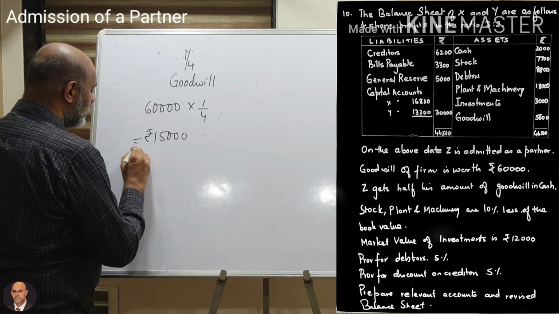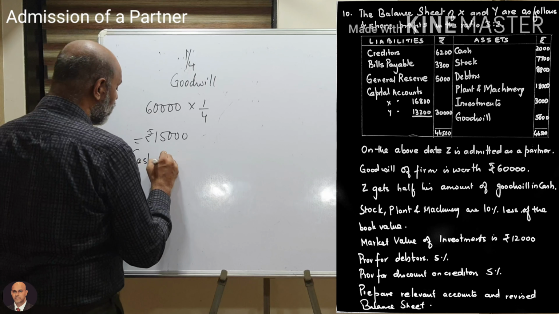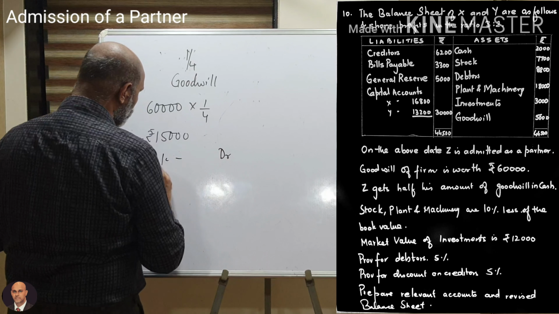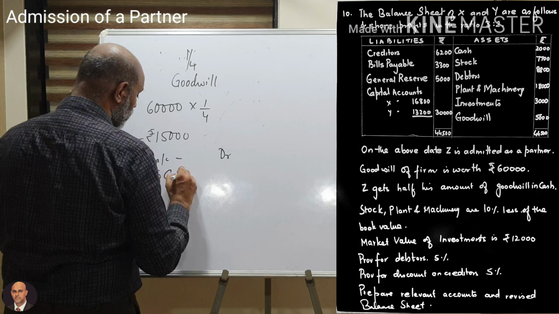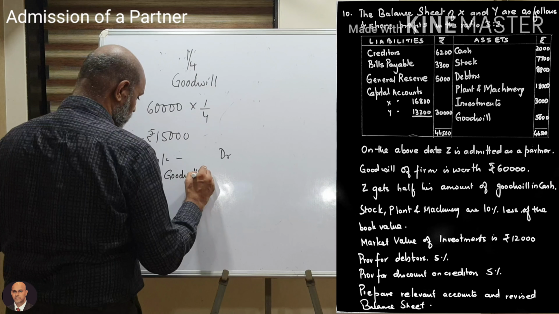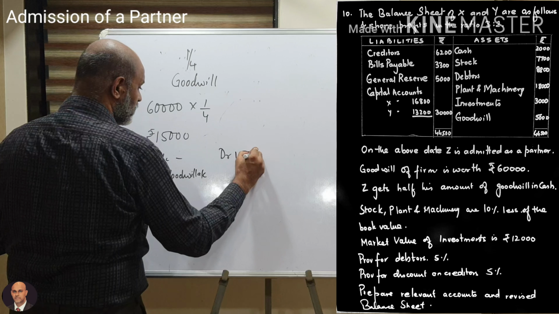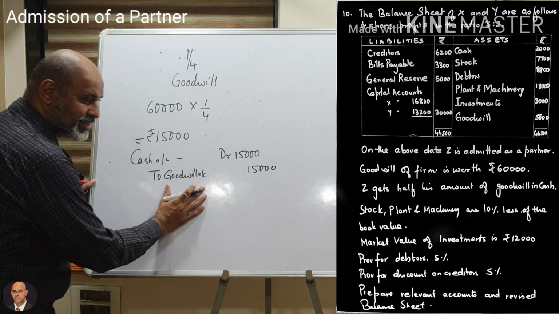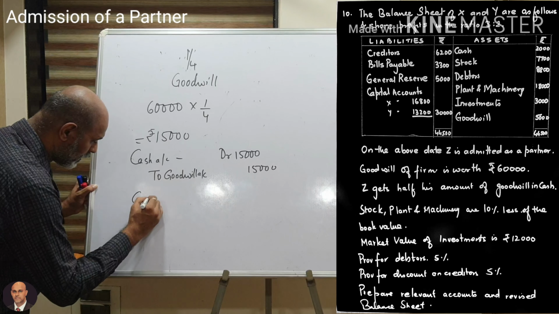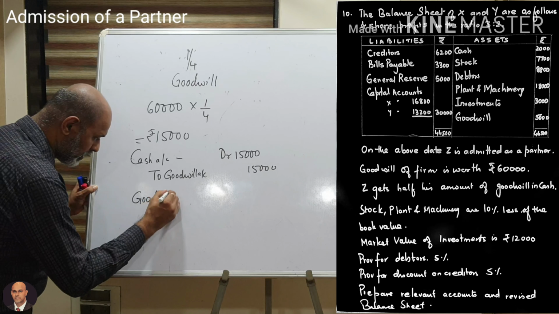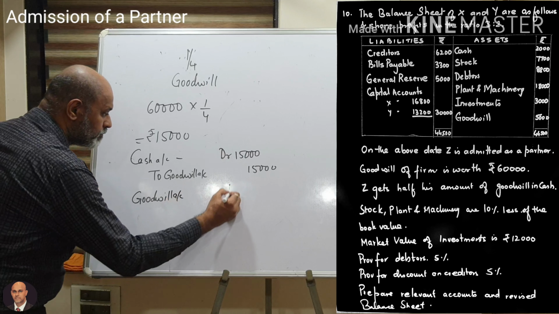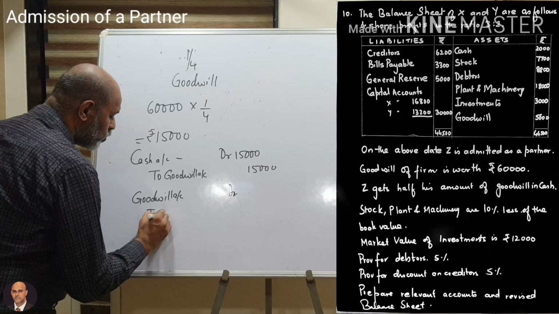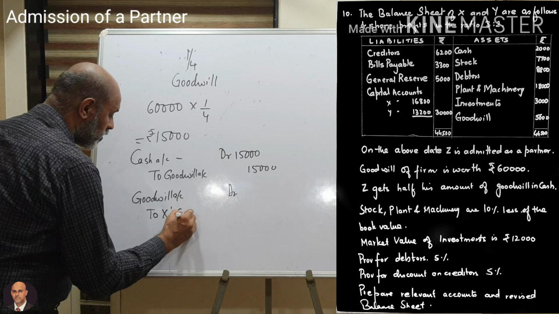Okay, so he is getting goodwill, so it is cash account debit to goodwill, $15,000, and this goodwill which was credit here now becomes debit, so it is goodwill account debit to X's capital